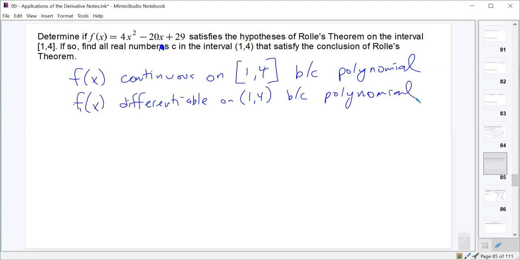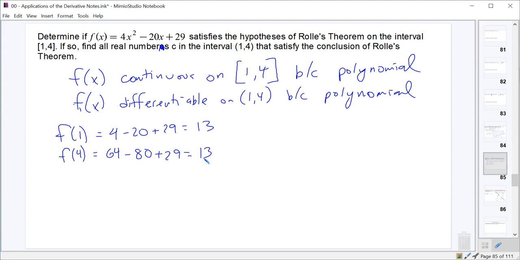And third, we can find f of 1. f of 1 is 4 minus 20 plus 29, which looks like that's 13. And we can also find f of 4, which would be 4 times 16, or 64, minus 80 plus 29, which 64 minus 80 is negative 16. Sorry, negative 16. And add 29 to that, and we get 13. So we've also satisfied the condition that f of a needs to equal f of b, which guarantees us,